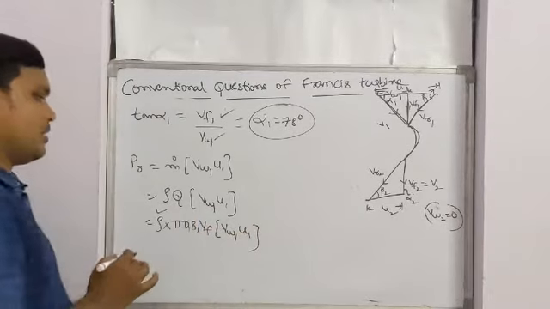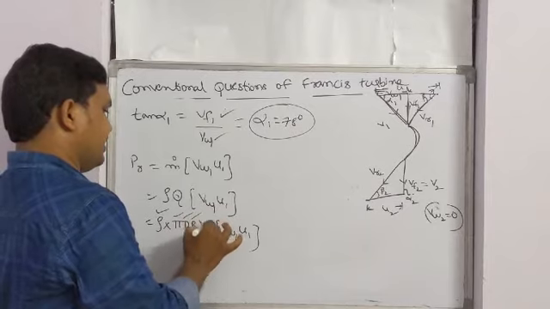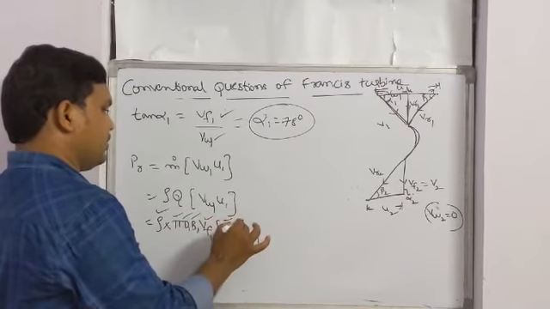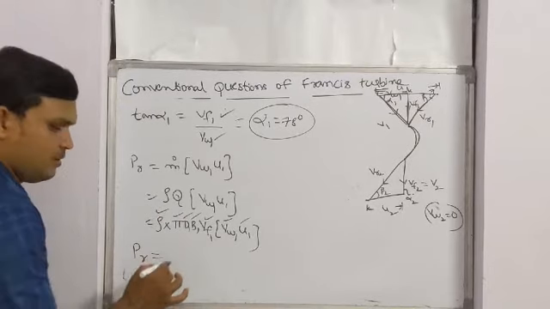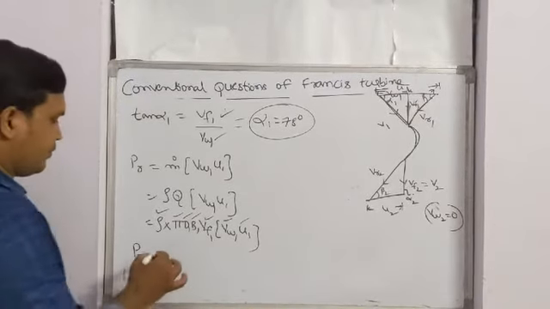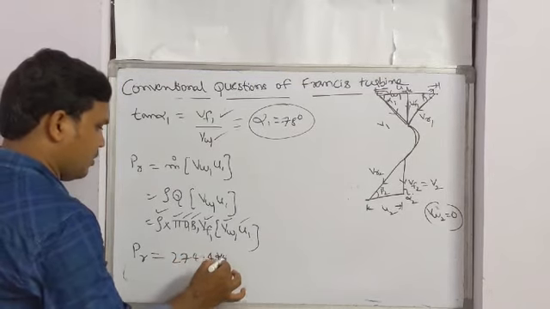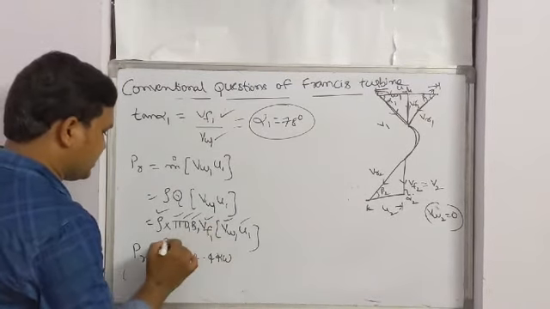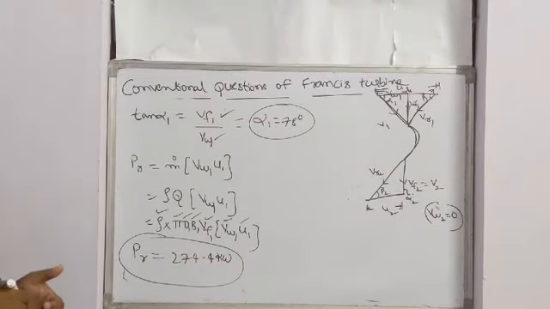So rho is the density of water, a constant, pi is a constant, D1 is given, B1 is given, VF1 is given, VW1 you know that, U1 we know that. Then for runner power we got 274.4 kilowatts. We get it in watts, then convert into kilowatts. This is the answer of the runner power. The first problem is over. So go for the second problem.